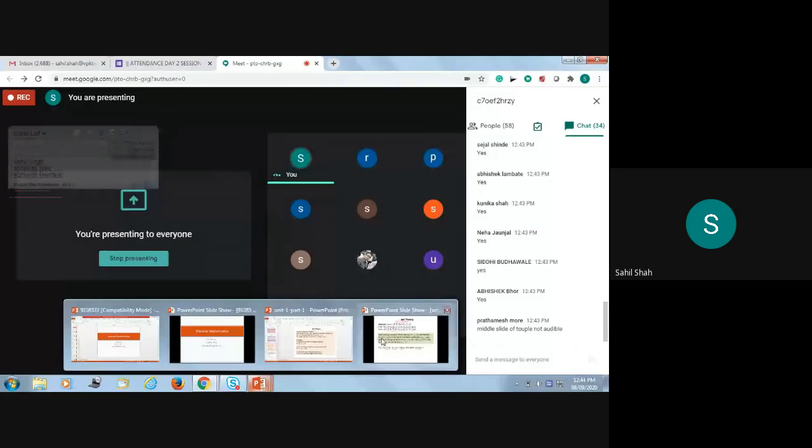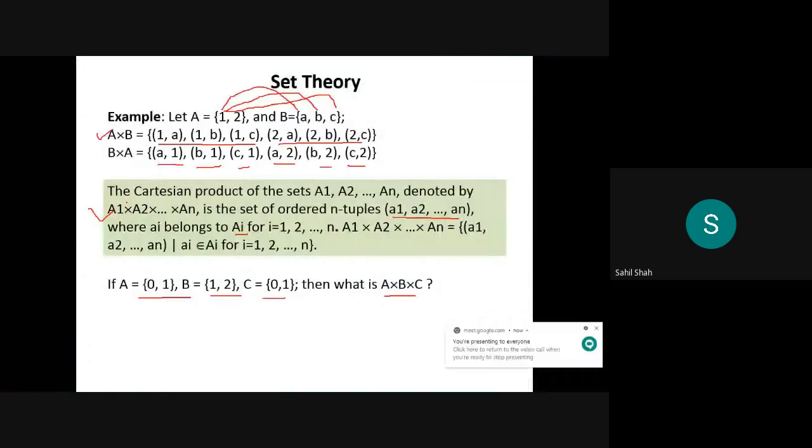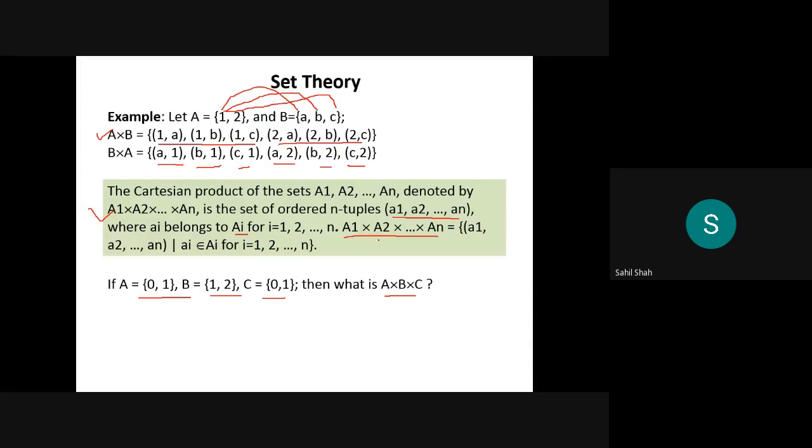So up to this point, is it clear how you have computed A cross B and B cross A? This one was not audible. If we generalize the concept of Cartesian product for n different sets, you have pairing of all elements present in individual sets with elements present in other sets. This is the generalized principle of Cartesian product: A1 cross A2 cross up to An will be ordered tuples (A1, A2,